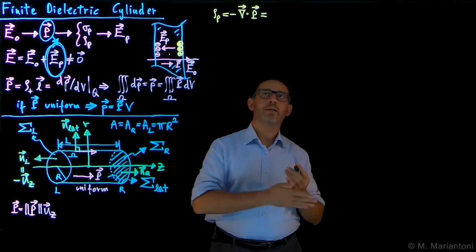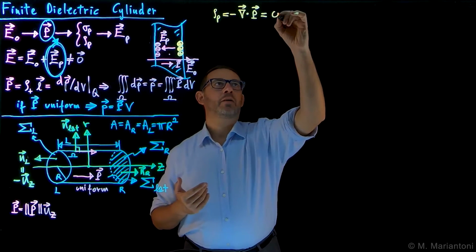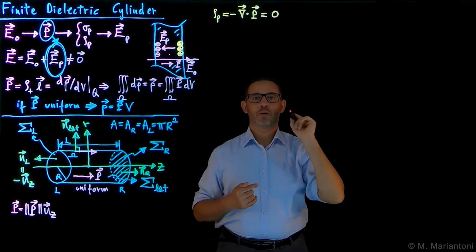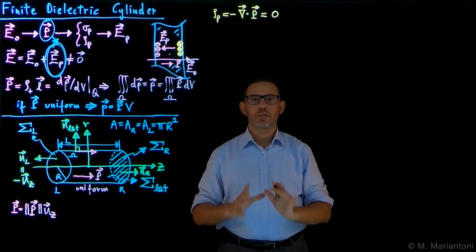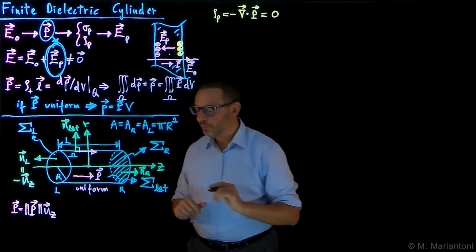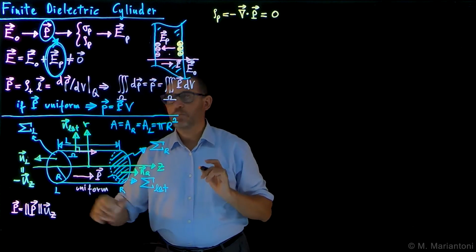Okay, so if you came back, you should have realized that if P is uniform, the divergence of P clearly is 0. So every time we have a uniform P field, which is the polarization field of vector P, rho P is 0. Great. That is not the case for the sigmas associated with this object. In fact,